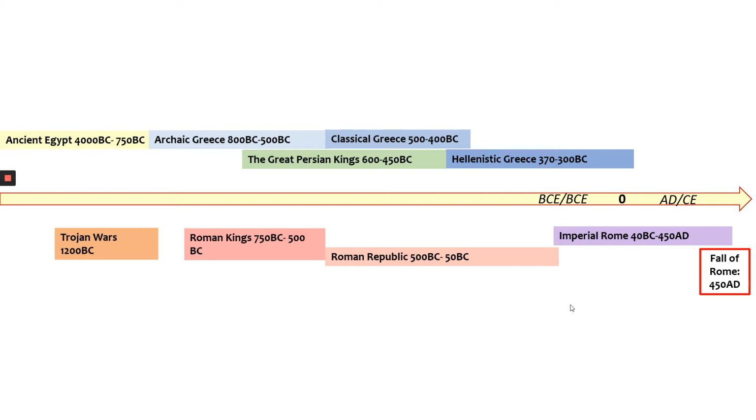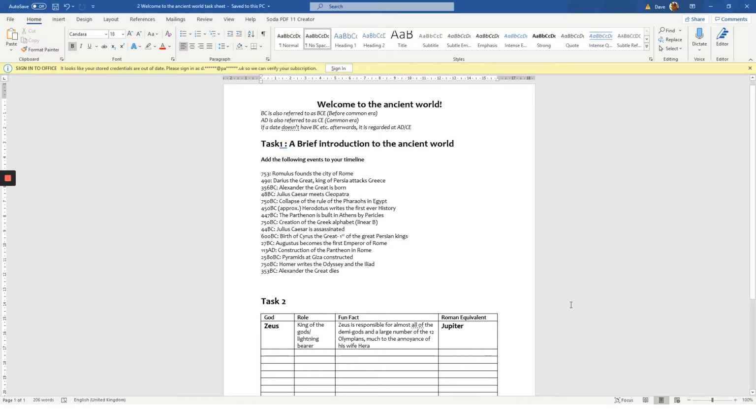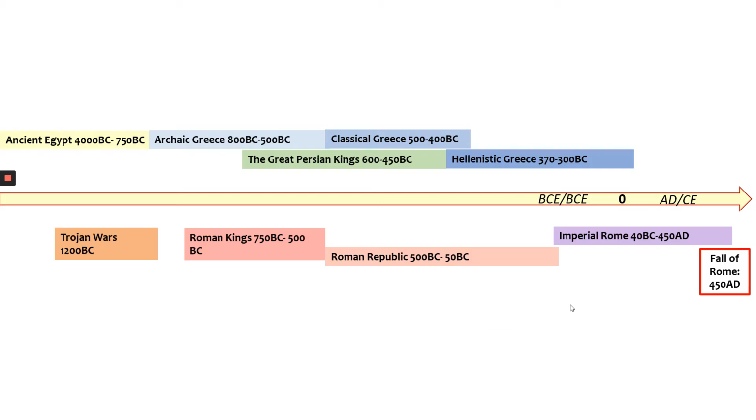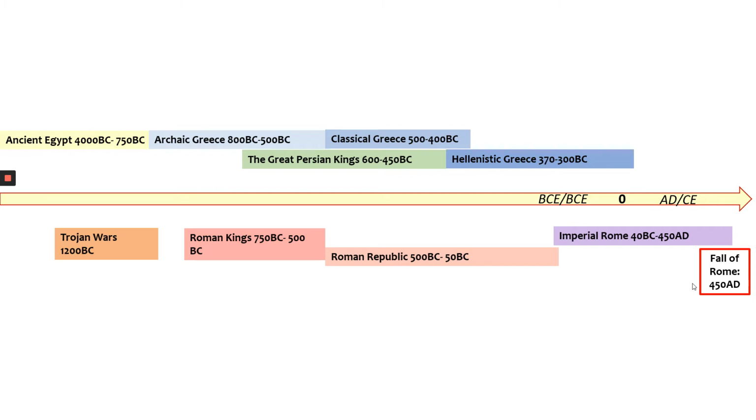So, your first task, if you look on your task sheet, which should look like this, if you want to use the timeline in the PowerPoint, that is fine. The PowerPoint's attached for your benefit. What I want you to do, create your own version of this timeline with these particular headings, or just copy this slide out of the timeline and add to it. And can you now add these various events to that timeline, just to give you an overview of what the ancient world is, when it is, and what's going on